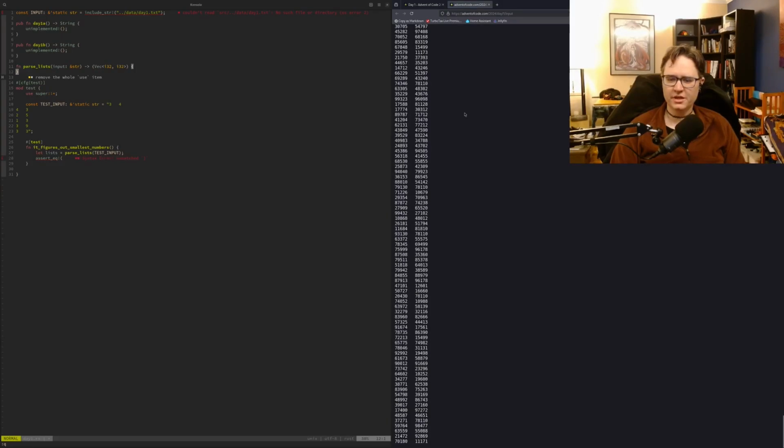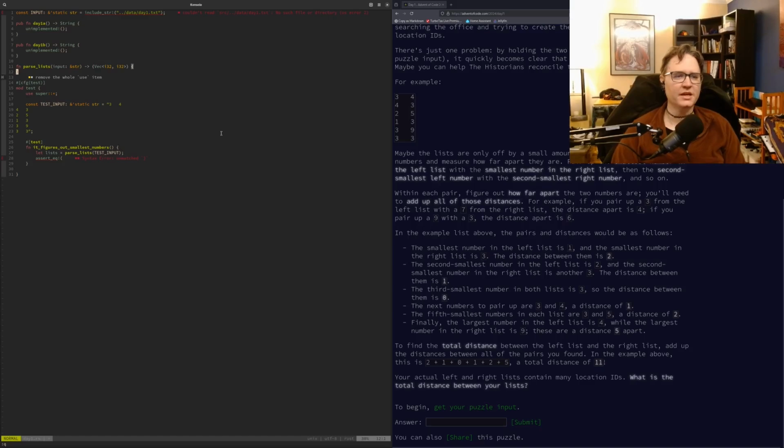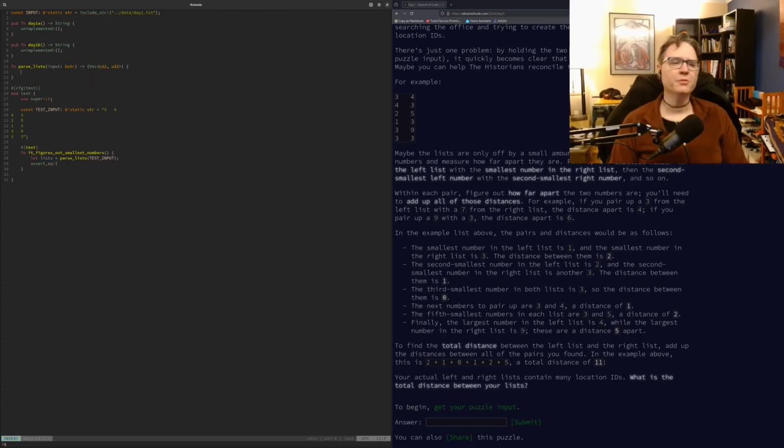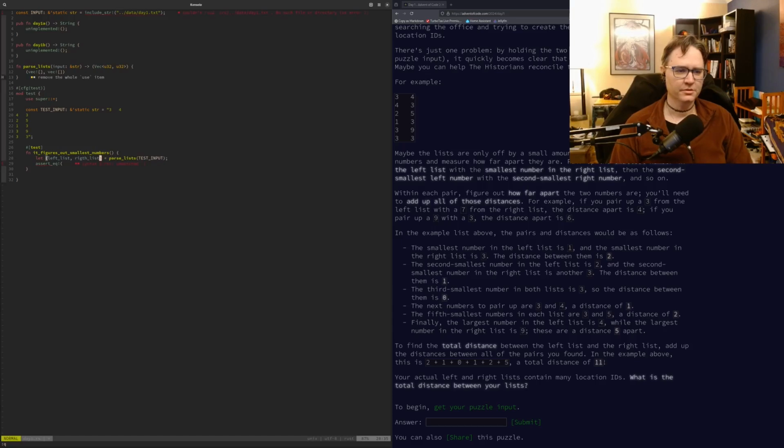I see no negative numbers in here, so let's take that out, because there are potential math complications around 0 if there are negative numbers involved. And for the moment, I'm just going to return two empty vecs, left list and right list.